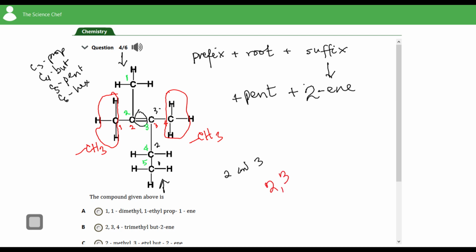to separate the numbers. We use commas to separate the numbers, while we use a hyphen to separate numbers and letters. So the prefix is basically the substituents or the attachments that are not part of the parent chain. If there's any substituent or attachment that is not part of the parent chain, it will fall under the prefix, right? Of course, since there are substituents here that are not part of the parent chain, this molecule will have a prefix. So if you now put everything together, remember this is